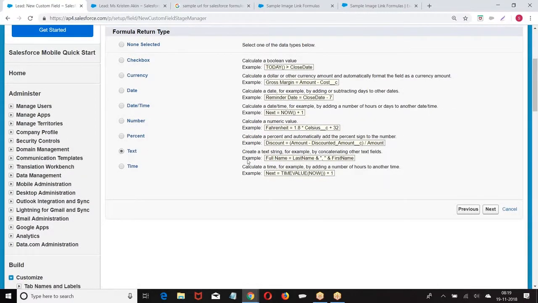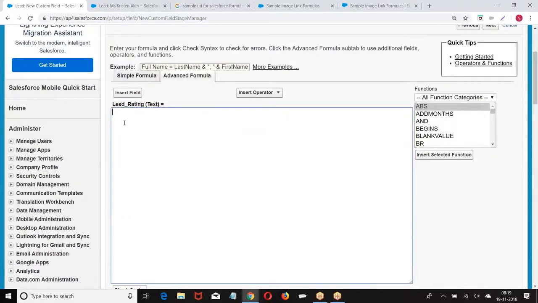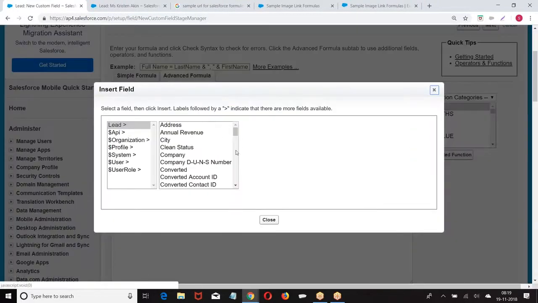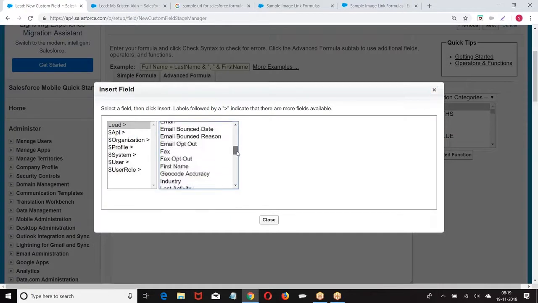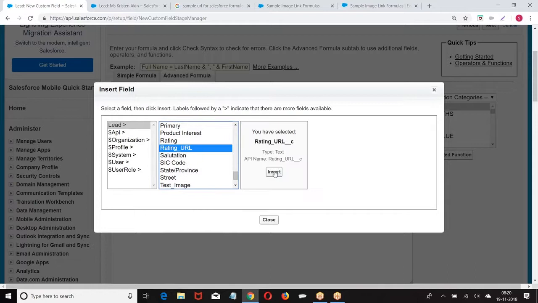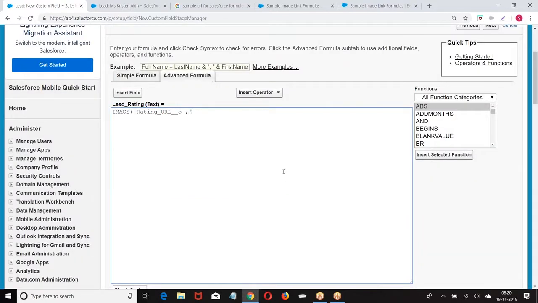What is the value? Next. Image. What is the URL? Rating URL. We already got a URL, right? So I was taking whatever URL we received, that we are giving. If it is not working, image not.